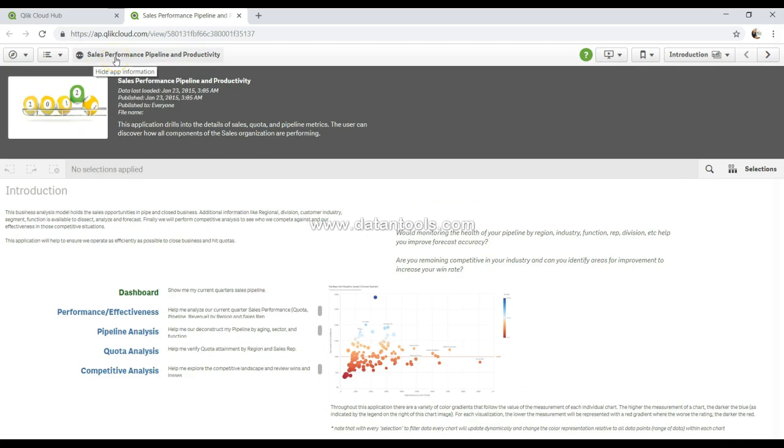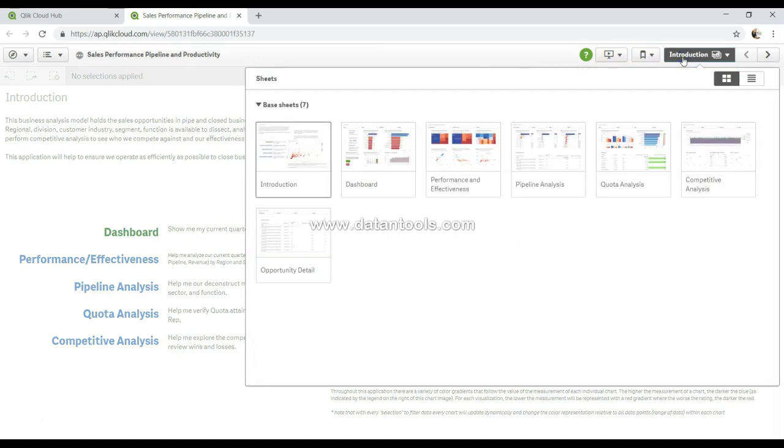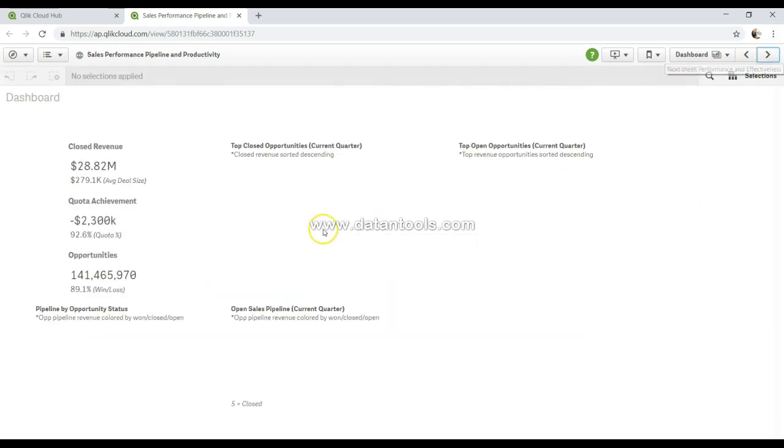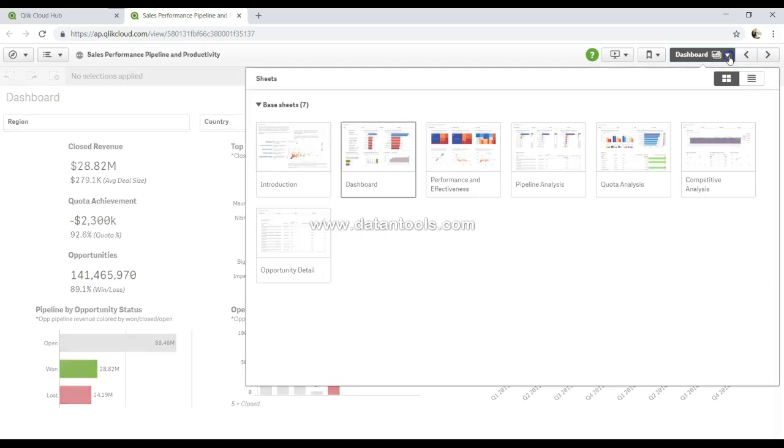Sales performance and pipeline. If I click over here, this is what it shows. We have already seen it earlier. And on the right side, it gives you the option to take help, stories, bookmarks, and finally the sheets. So either I can jump directly on any sheet, or I can use this next sheet option. So I click on the next sheet and the dashboard will be populated for me. So I can go step by step using these, or I can jump by coming over here and pick any